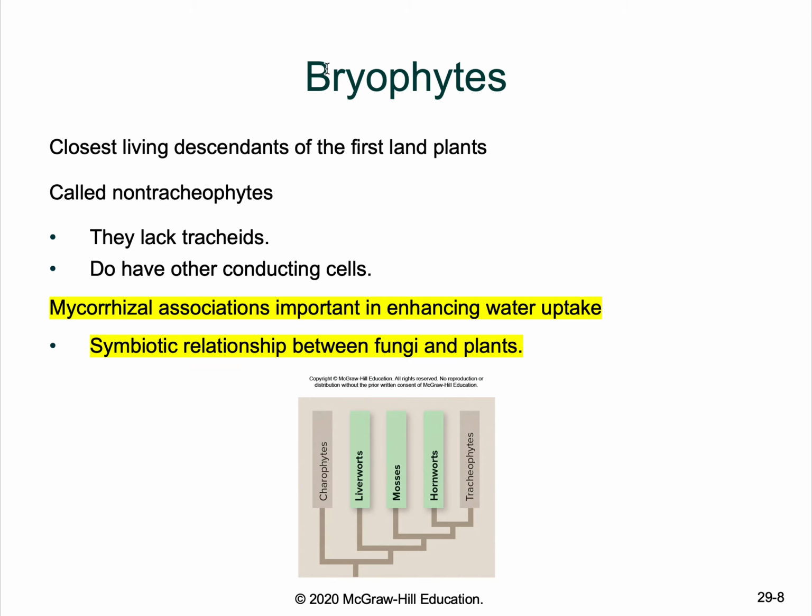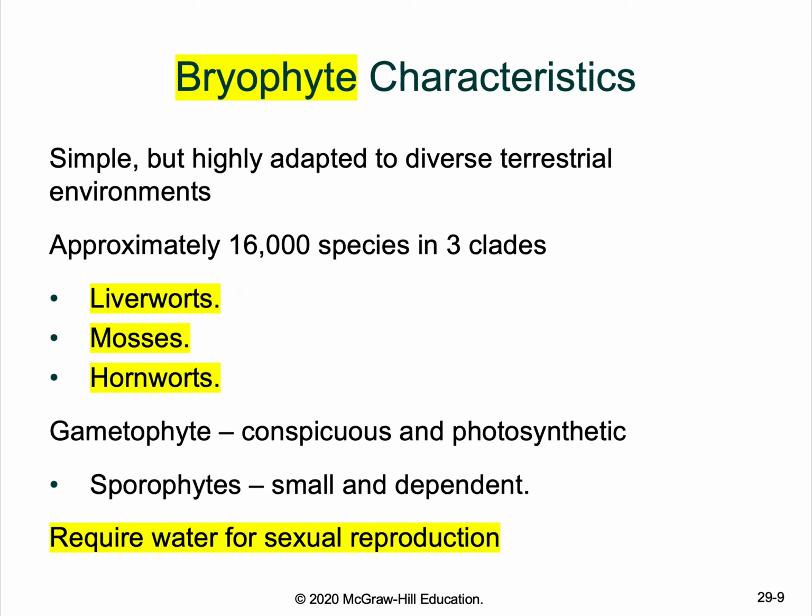This word here, bryophytes, is something I do need you to remember. This is going to be probably the biggest type of seedless plants that you'll need to know about, and there's different ones that are in the next slide. We already mentioned earlier that they would not be successful if it wasn't for the help of the mycorrhiza fungi. So it's just a symbiotic relationship. The type of symbiotic relationship is mutualistic, meaning that both benefit. The fungi benefits as well as the plant. Some characteristics for bryophytes.